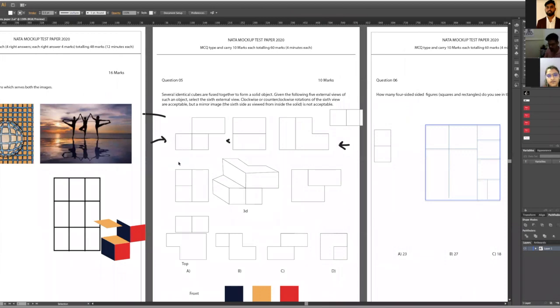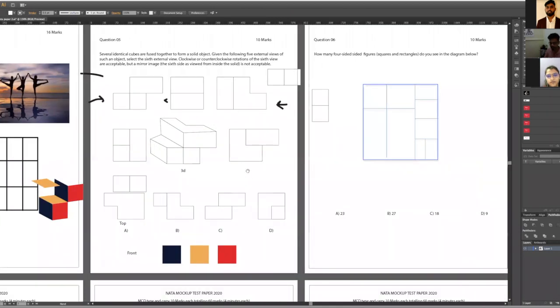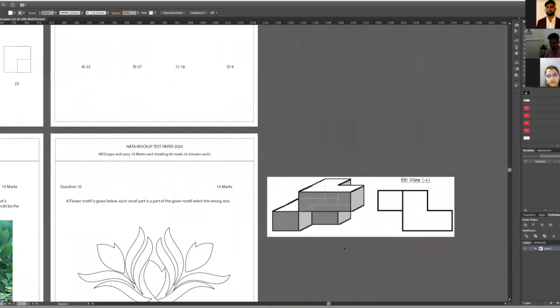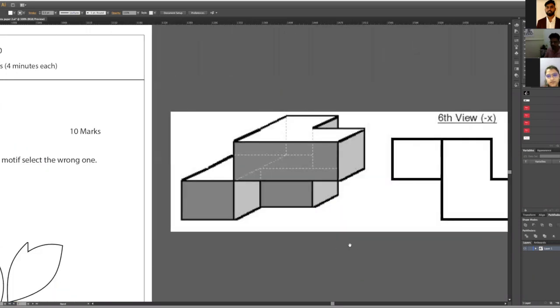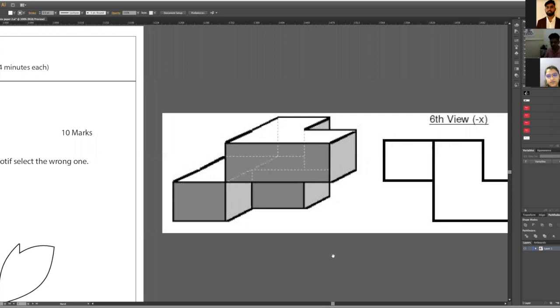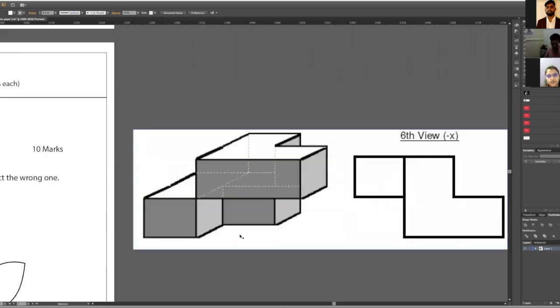I have a 3D diagram for you guys. So now, are you guys able to visualize it properly? See, I could have shown you this earlier, but you should understand how to create this from scratch.